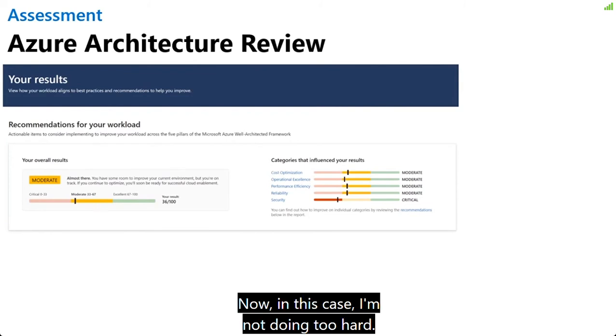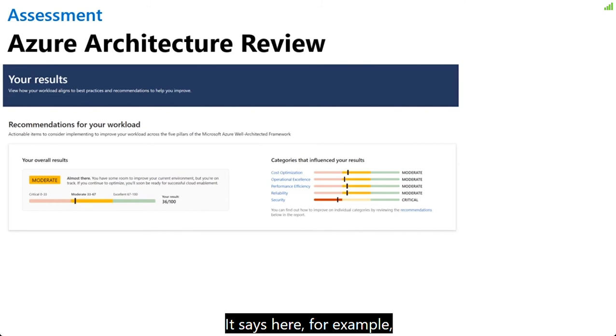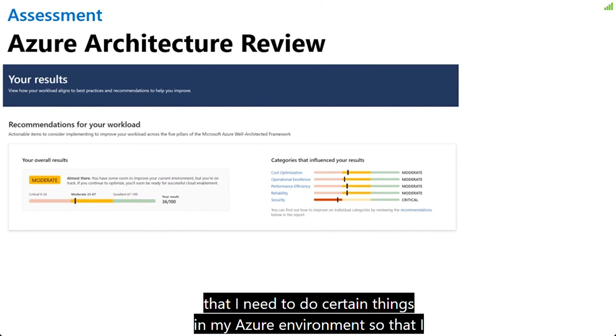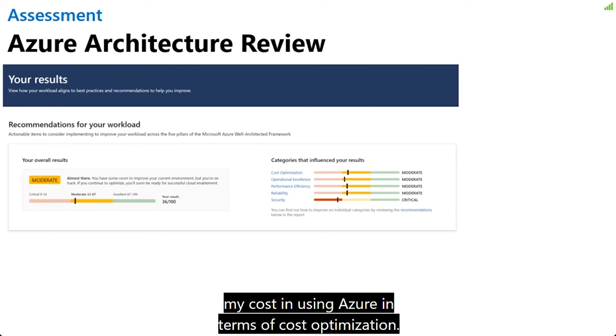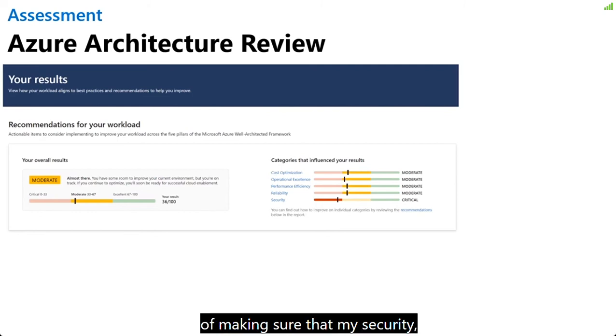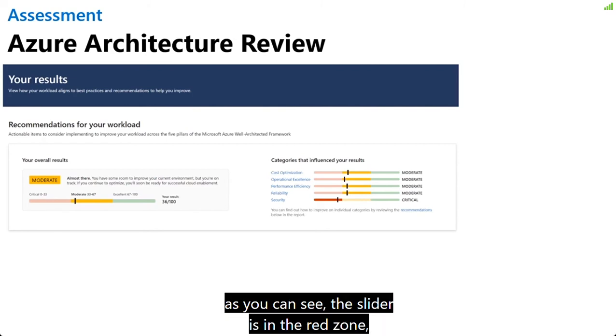In this case, I'm not doing too hot. It says here, for example, that I need to do certain things in my Azure environment so that I can improve the way I manage my cost in terms of cost optimization. I need to do a lot more improvements in making sure that my security, as you can see, the slider is in the red zone.